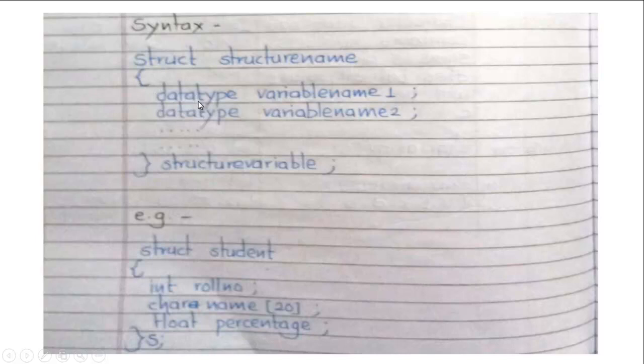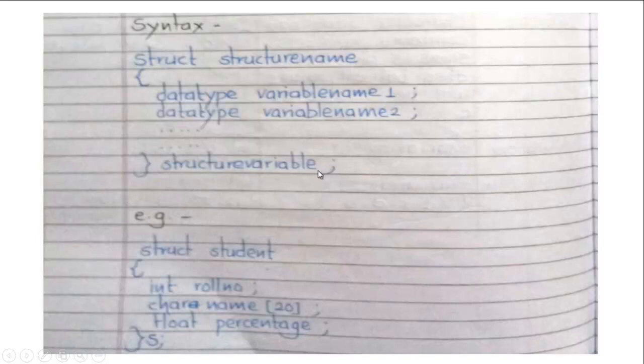That is, first element is, for example, data type variable name 1, then next data type variable name 2 up to n. So here the elements can have different data types. Suppose, for example, first is integer type of variable, second is float, third is character. So these elements having different data types are combined into this structure, and the struct keyword is used for declaring the structure. Then closing brace, and finally you have to create the structure variable here,